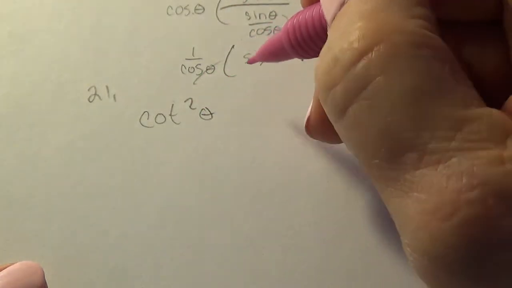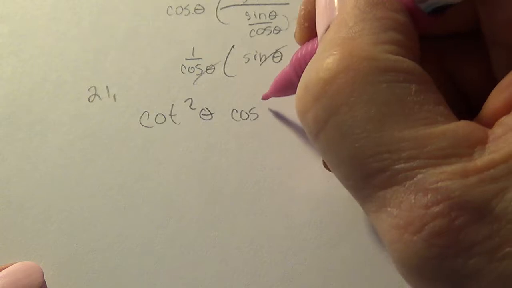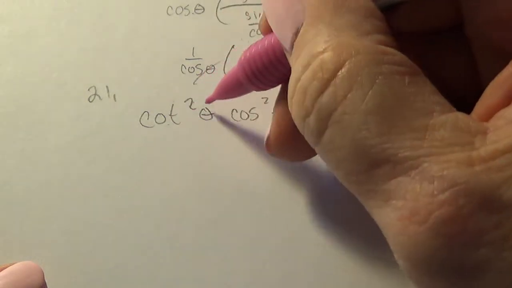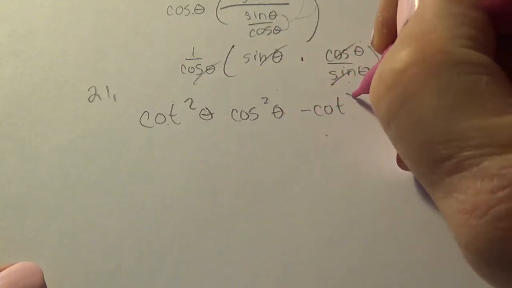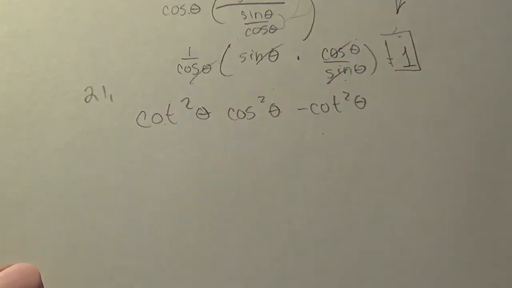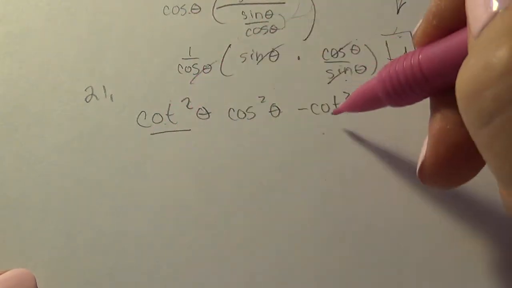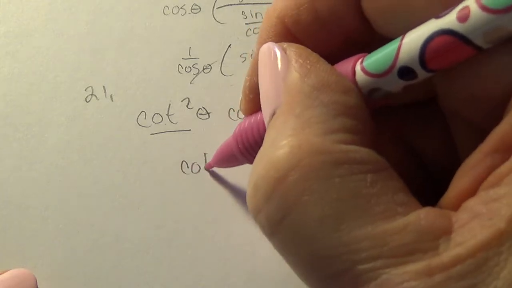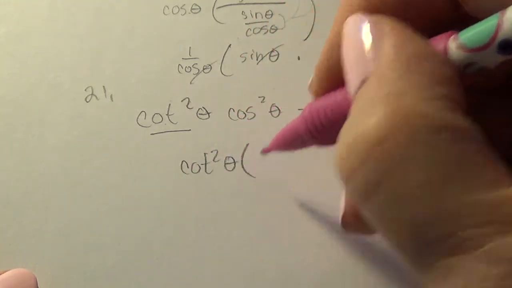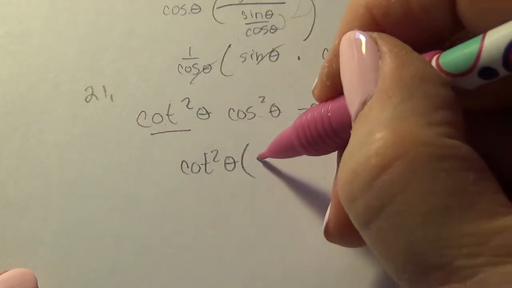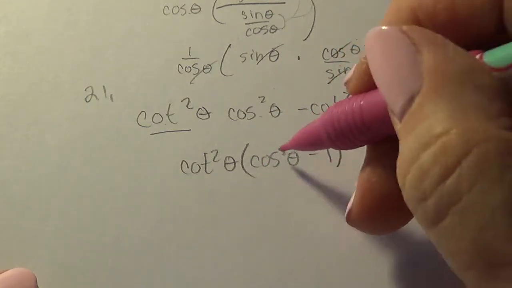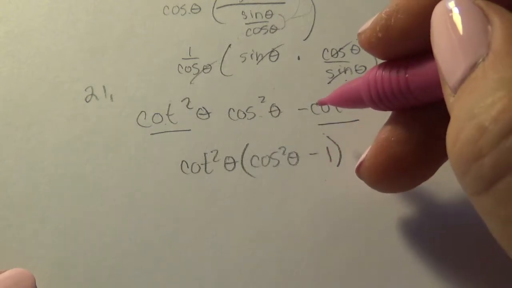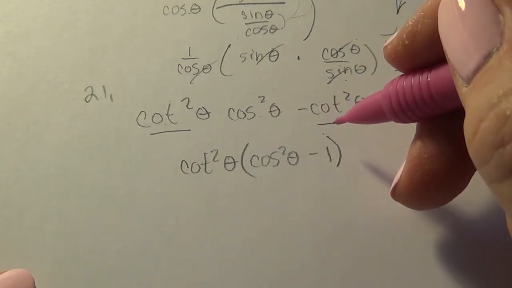So cotangent squared theta, cosine squared theta, minus cotangent squared theta. And to simplify this, I notice they have the same term in it, so I'm going to factor out a cotangent squared. And from this term I have left cosine squared minus 1. Cosine squared minus 1 is the same as,